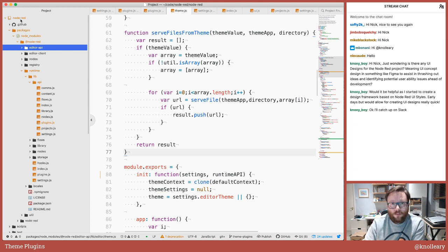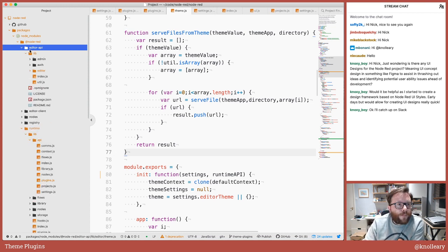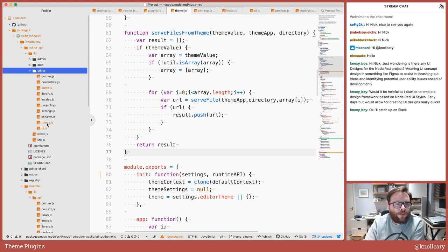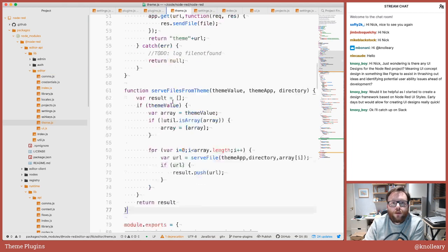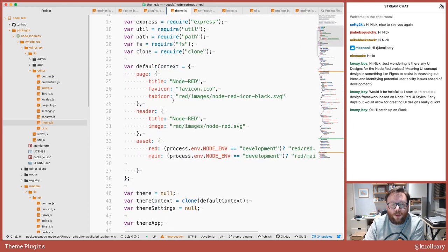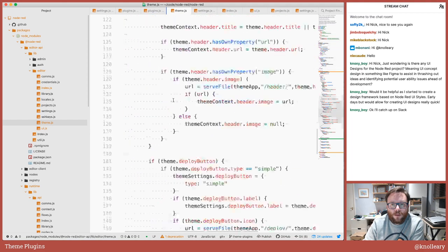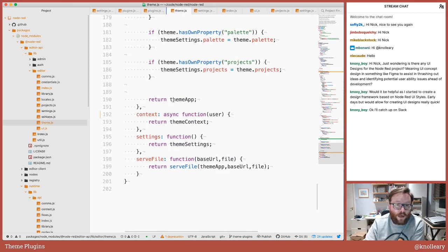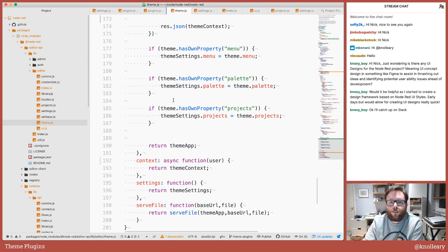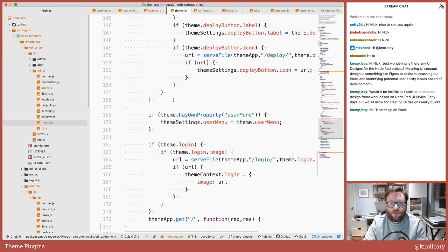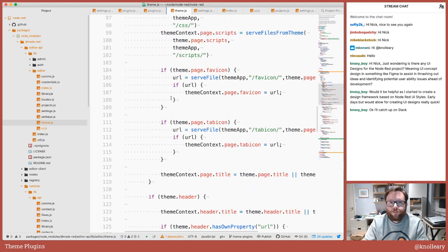So in the Node-RED GitHub, we have packages, node modules, editor API. The editor API module is the one that sets up all the express routes that serve up the editor. Under there is lib editor, which is all the editor specific stuff, and then theme. And the theme generates an express app to serve up content. It serves up a theme object, which,